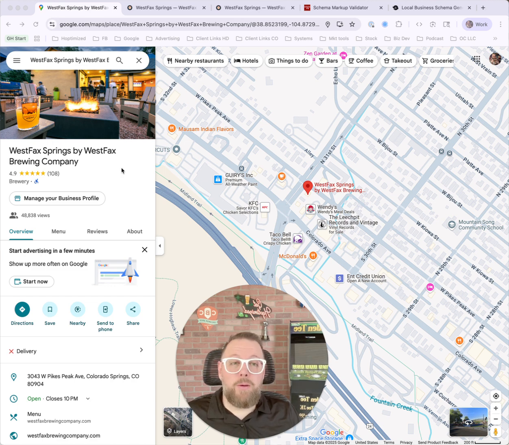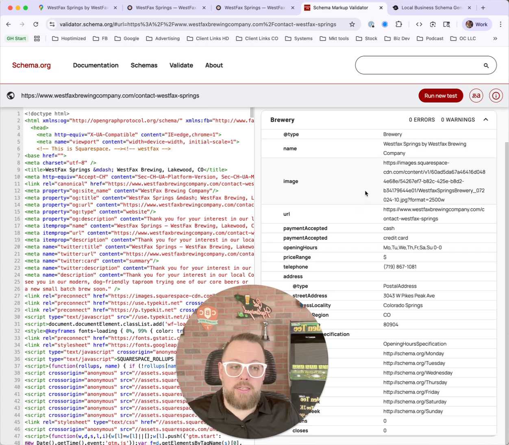And I'm going to talk to you about a technical thing that's actually a little bit easier to figure out if you know what you're looking for. It's called schema or local schema. Let's talk about what that is and then how to get your schema and how to install that on your website. So, schema is a snippet of code that tells search engines and map listings about location specific